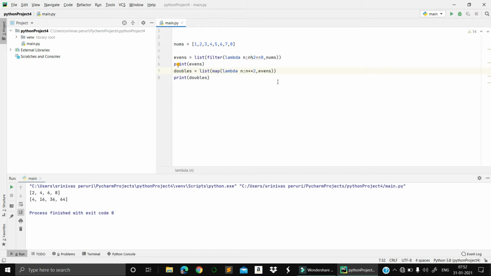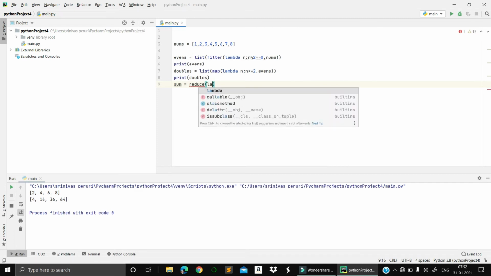Absolutely getting it. And whatever the values are there, I want to reduce them. It means I want to reduce the values and I just want to add all the values. Okay, what is my total value? I just want to add, right? So in such a case, I need to take a variable called sum. I need to use a function called reduce. It is a function which will take the same thing, lambda